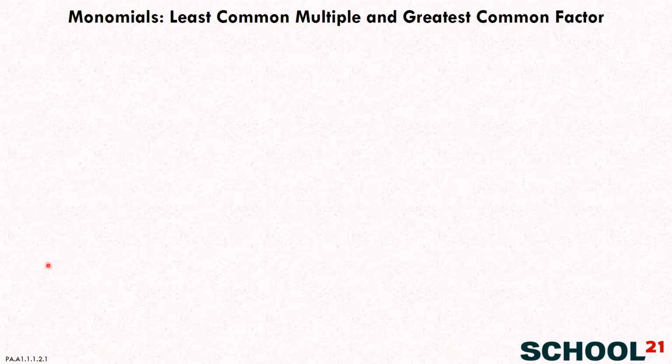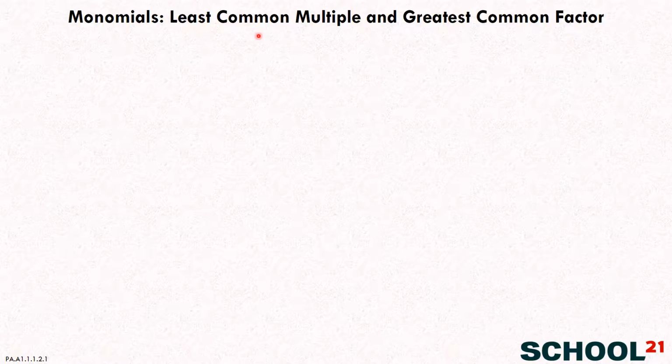Okay, we're here with monomials, the least common multiple, and greatest common factor. That's a lot of words. You ready for this, Jordan? Yeah. Okay, so we'll talk about what a monomial is in a second, but let's review these other things first,